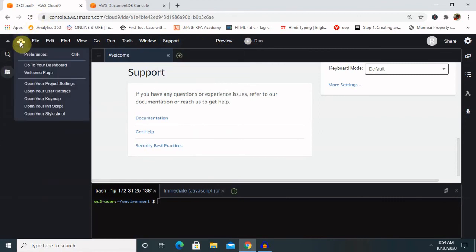So in Cloud9, we have to do the project settings, and from the project settings in the environment tab, we can select and configure our MongoDB cluster as well.